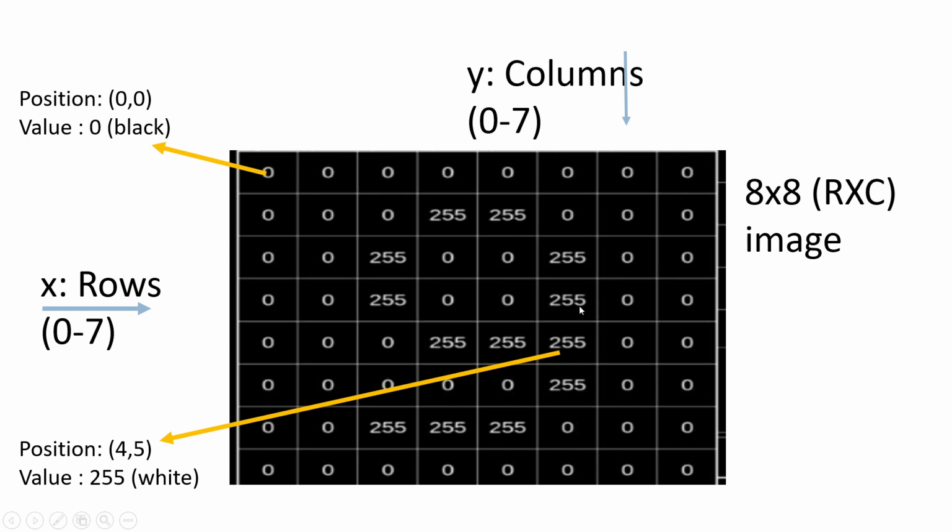This is a matrix of numbers, at each intersection of x and y. Suppose this is the fifth row and the sixth column, so the indexing is 4 comma y. At that intersection there is a value which is 255. The 255 has some physical meaning here because this is an image taken from a camera. It will usually represent the color. So 255 here is representing white, and here we have 0 0, which means first row, first column. At that particular intersection there is a value 0, which indicates the color black.